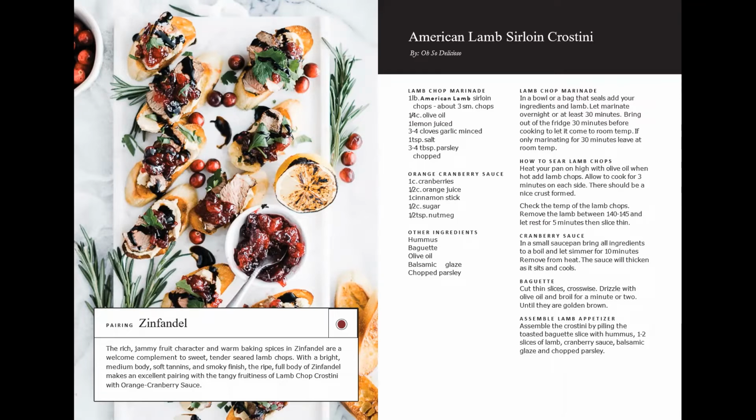Deep red fruits, certainly. I hate to say jammy, because you're not getting strawberry jam or something like that, but it has a lot of unctuous character on the palate. It's just nice and heavy and rolls around in a generous way. So with Zinfandel, a lot of different sommeliers that I talk to say lamb tends to be another go-to selection for them, because lamb preparations a lot of times are with different fruits and things